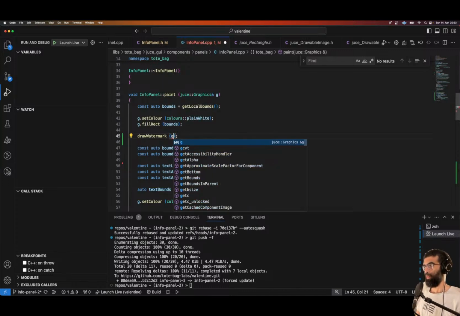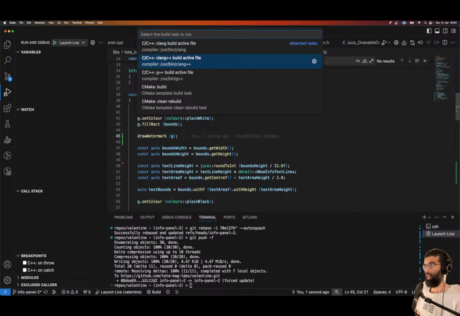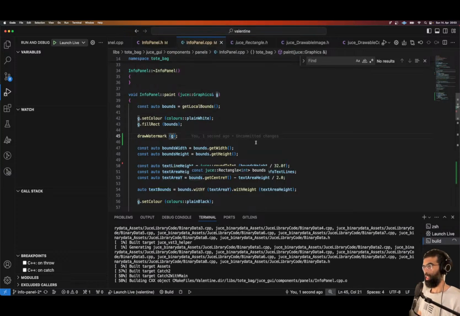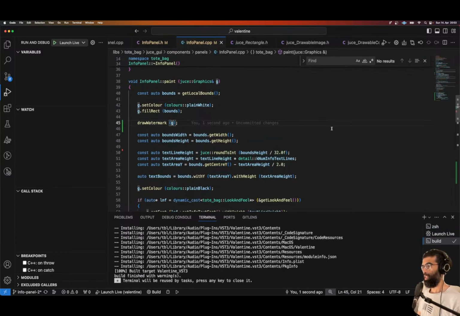Oh, we need to pass the graphics context into it, not the bounds, because as we established, we are just passing in